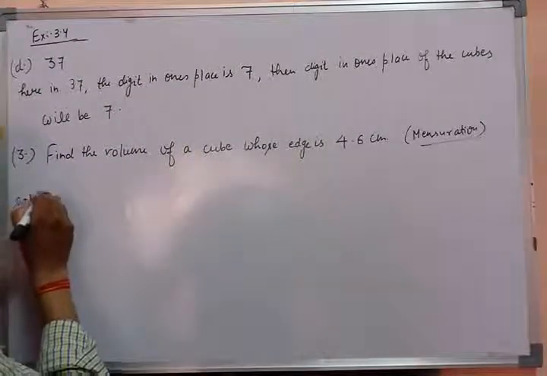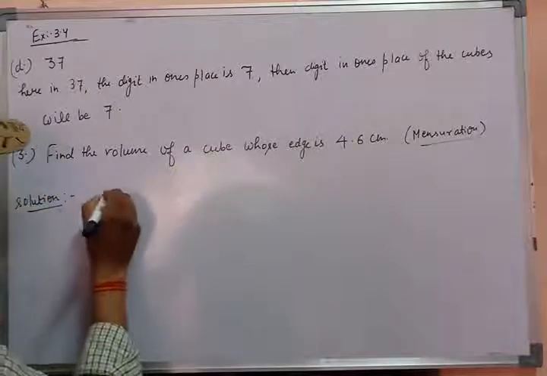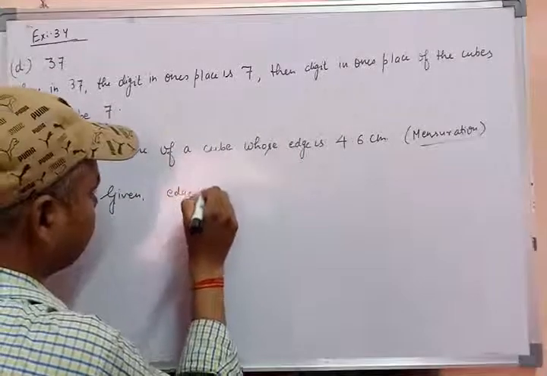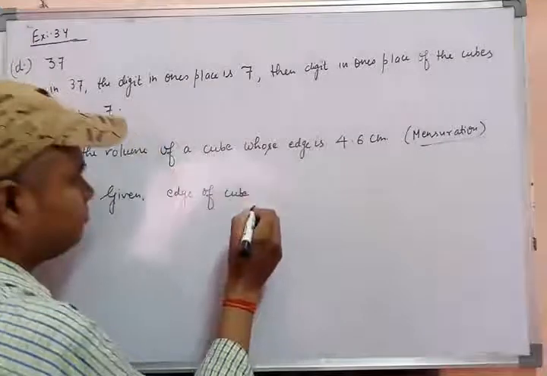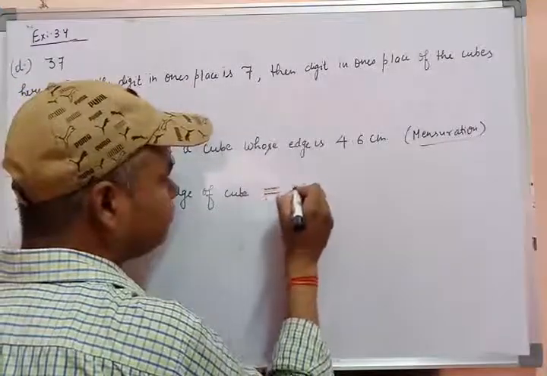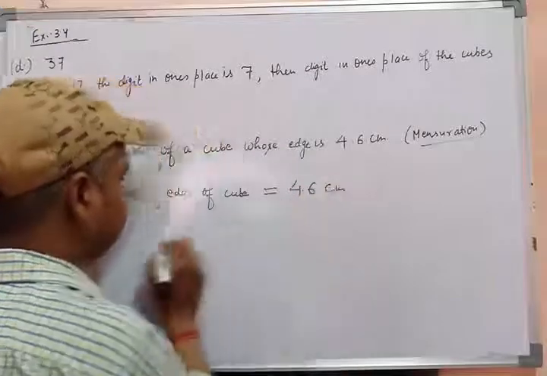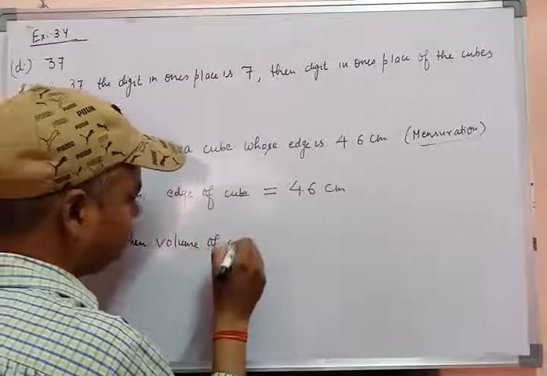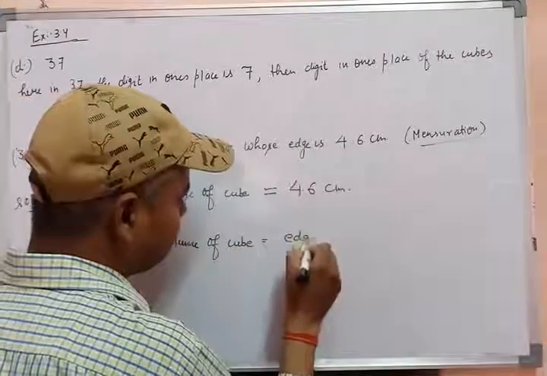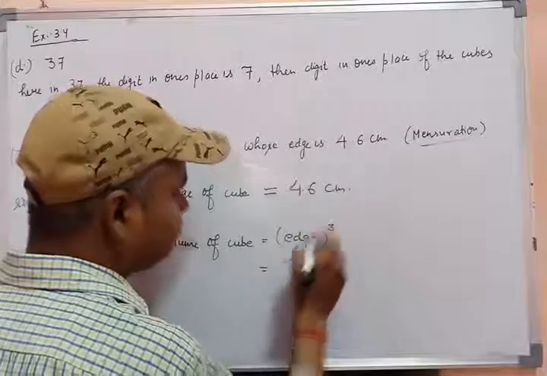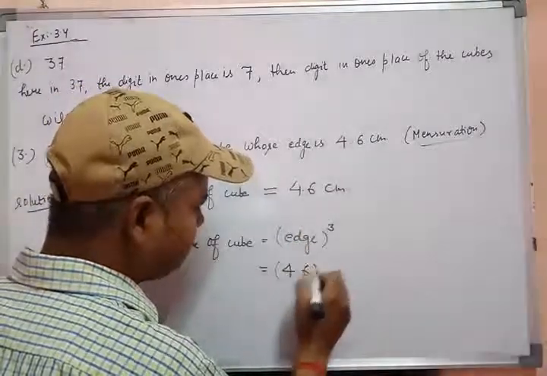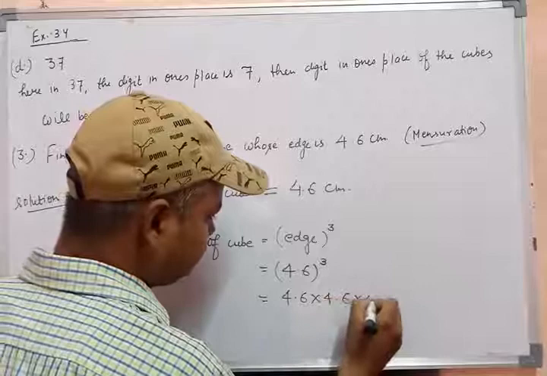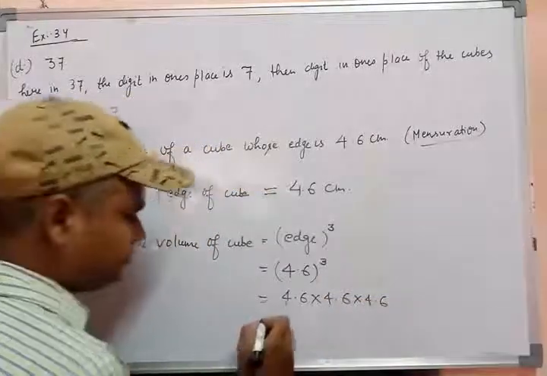This is the solution. Given: edge of the cube is equal to 4.6 centimeter. Then volume of cube is equal to edge cubed. Now what is the edge? It is 4.6 centimeters. Now we have to multiply 4.6 into 4.6 into 4.6, three times. Then we will get